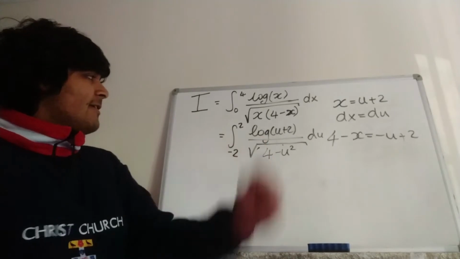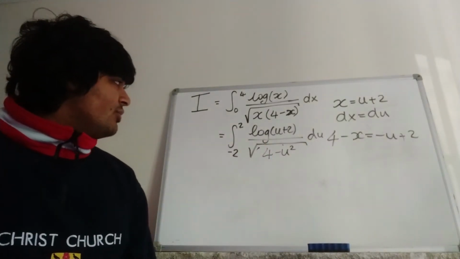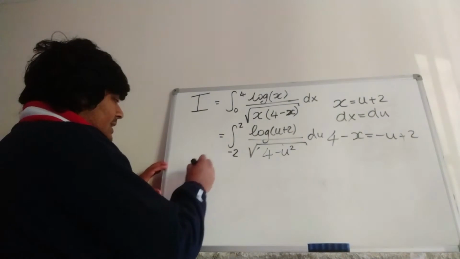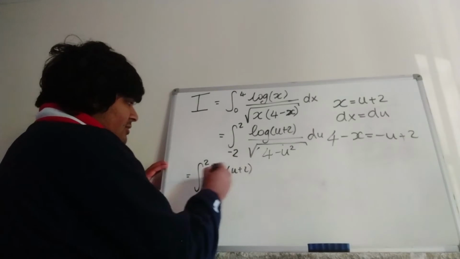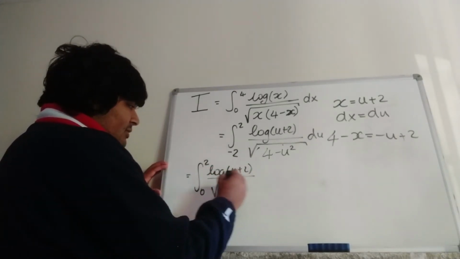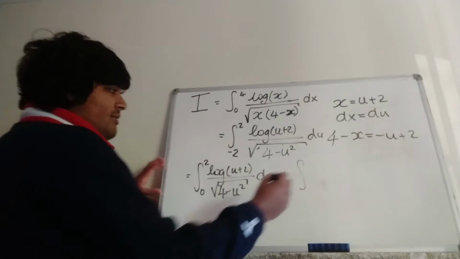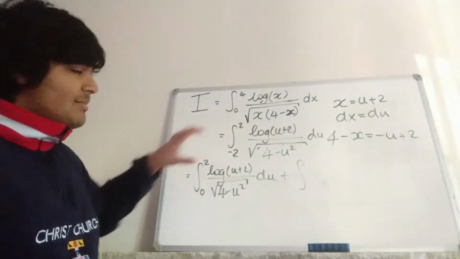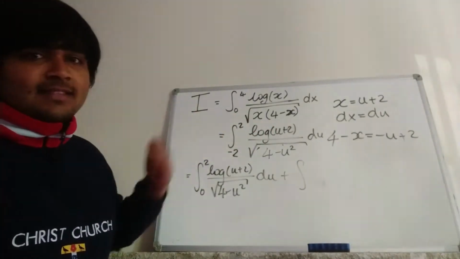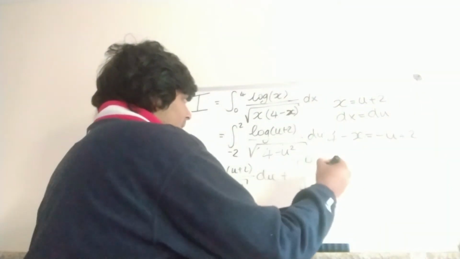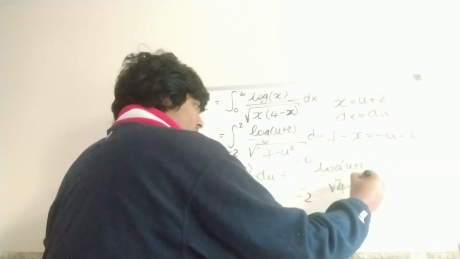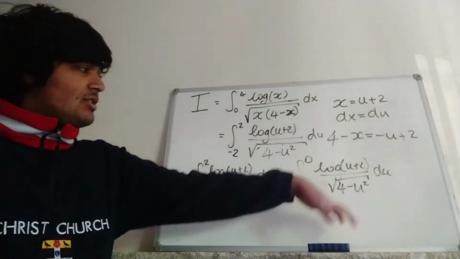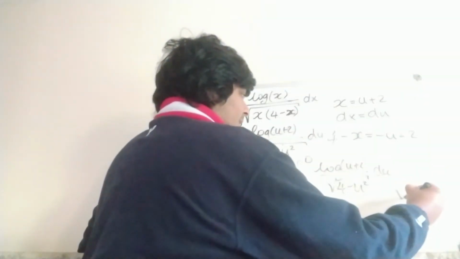But I want to go one step further and just write this as the summation of two integrals. This is just integrating from 0 to 2 first of log u plus 2 divided by the square root of 4 minus u squared du, and then integrating from minus 2 to 0. So the integrand stays the same. We're just integrating from minus 2 to 0, and then 0 to 2, and adding them together, like so. And now if we just do a small substitution on this integral here, and just say v equals